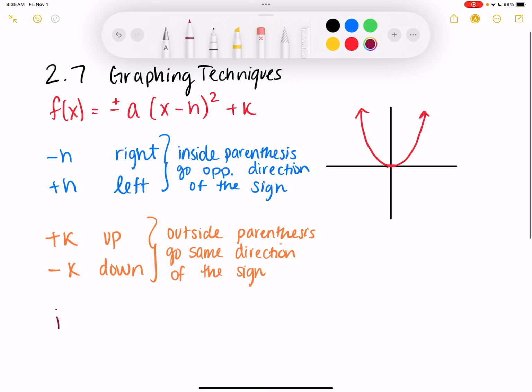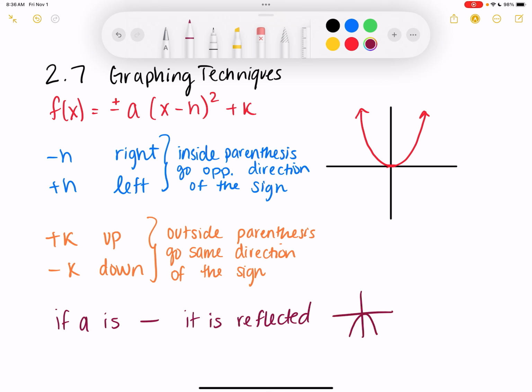So if a is negative, it is reflected, just meaning that the graph has been flipped upside down. And a can be 1, so it's not written, and it just might be a negative sign out front. That just is telling you that it's reflected. All right,